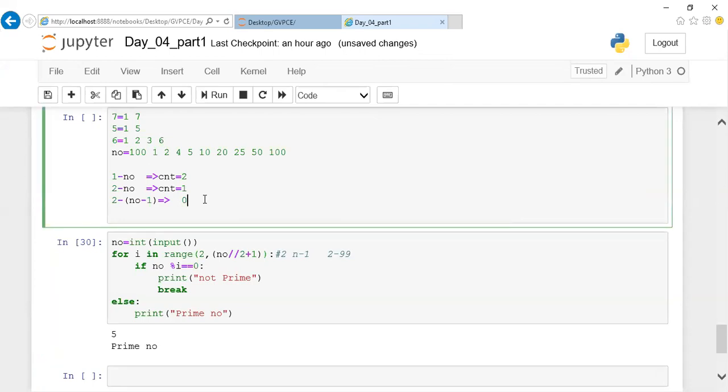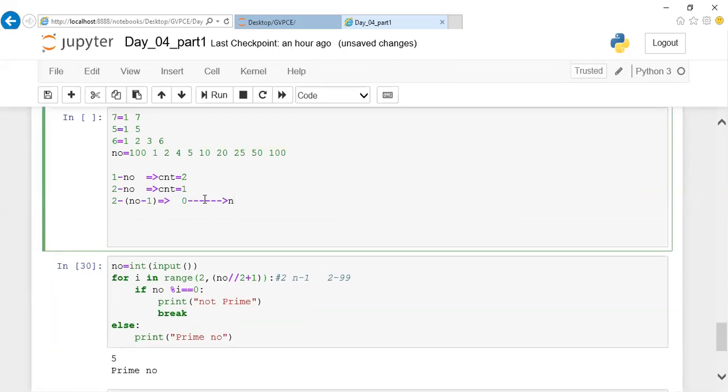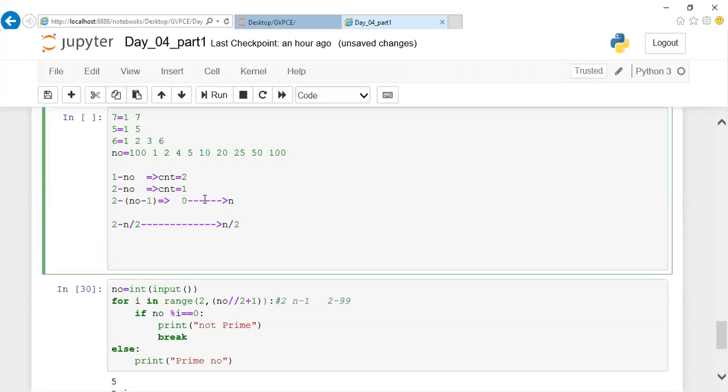So in this approach, you could see that a loop will execute n times, or n minus 1, or n minus 2 times within this range. And the other step is going from 2 to n by 2. So here you can notice that the number of iterations is reduced by n by 2 times. Till this is already clear, I'm going to show you one more logic, a more optimized way which is commonly used in HackerRank. For that, I should get confirmation from you people, is that clear so far?